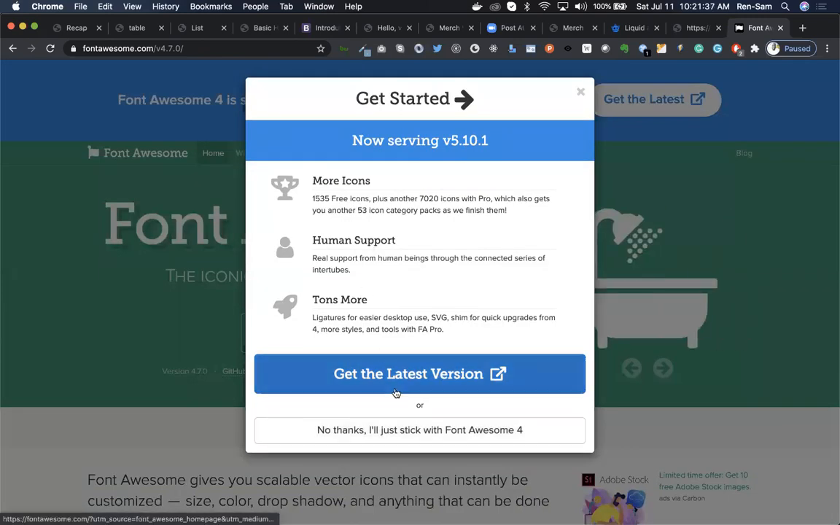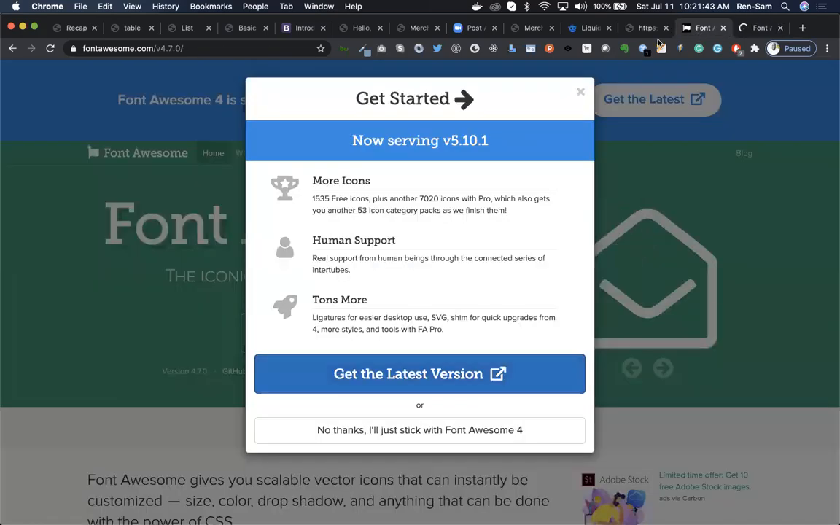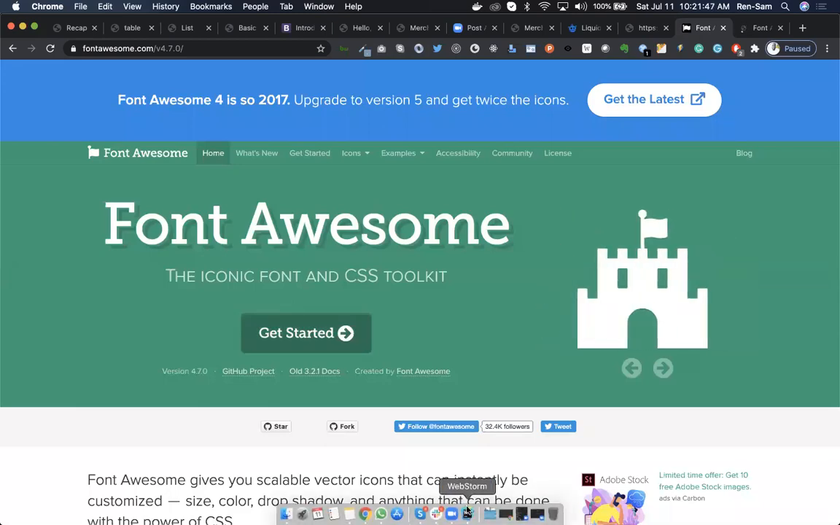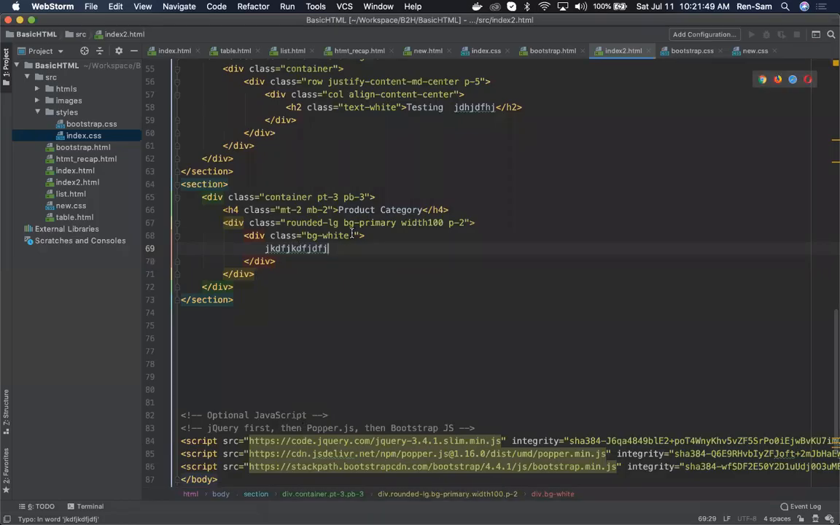Oh no, I need to. I'm going to ignore that side. Just go to Font Awesome. You bring the Font Awesome, then you can have this. Let me just do the background. Yeah. So I don't want this to be